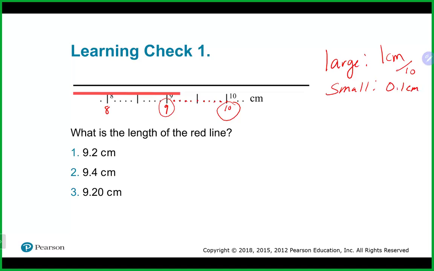So we want to go with our certain numbers. It looks like it is actually right there on that second little marking. And since each of those are 0.1, that would be 9.2 as my certain numbers. Do I need to record anything more than that? I do, because on the scale, we could go one more place to the right of that, or if you divide it by 2, it gives you plus or minus 0.05 centimeters. We can go to 2 decimal places on this particular scale. So to maintain that properly, we do need to put the 0 here, and that would give us 9.20 centimeters,